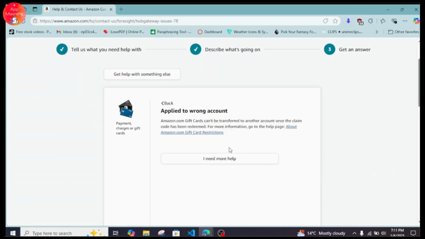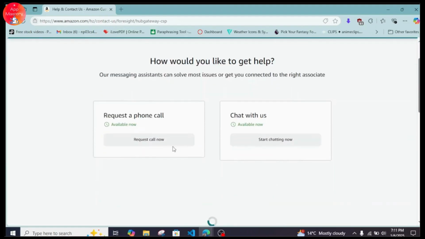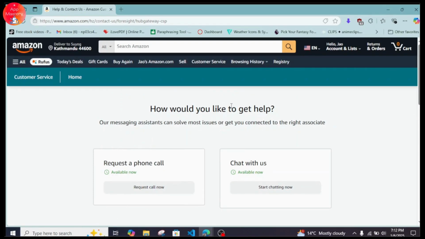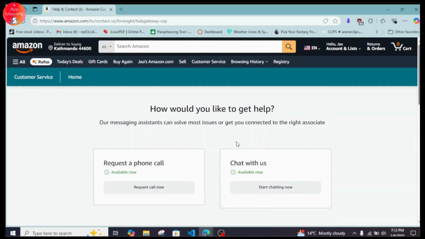For more information, go to help. Simply click on I need more help from here, and you will be given two options. Either you can request a call to talk to their personnel from Amazon, or you can chat with them, and they will probably resolve your issue within the estimated hours. And that is exactly how you send your Amazon gift card balance to another